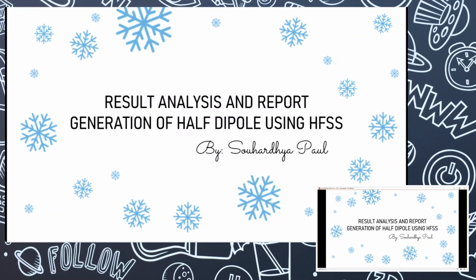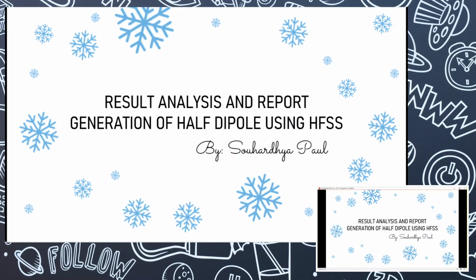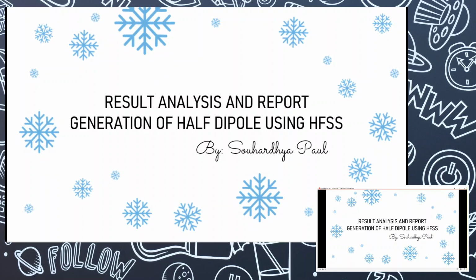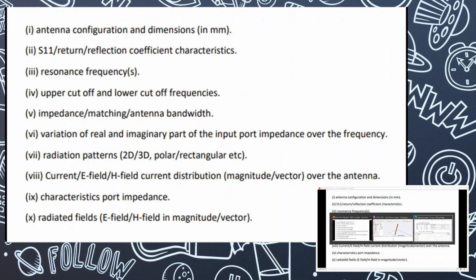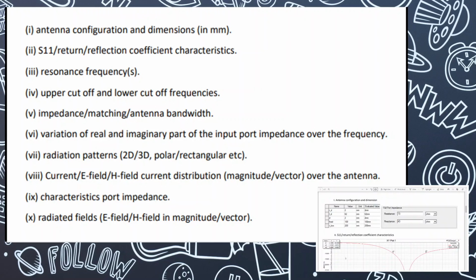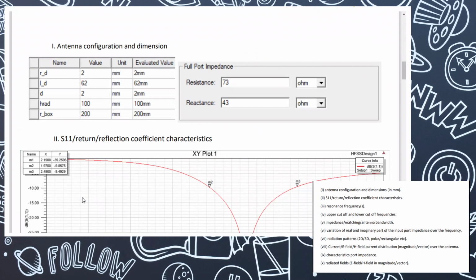Today we are going to do result analysis and report generation of a half dipole using HFSS. So we are going to find the following parameters using the HFSS software, and I will show you how you can generate your graph and report. I have already created a PDF showing you that. So I already created a report, so I'm going to show you how you can generate yours by using the